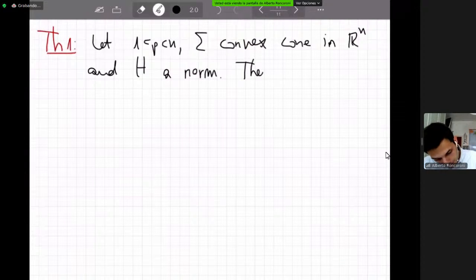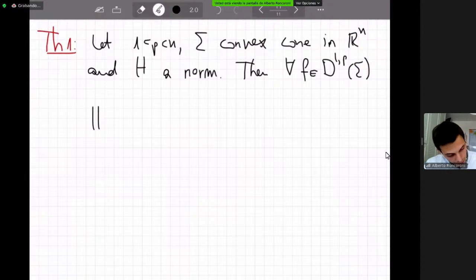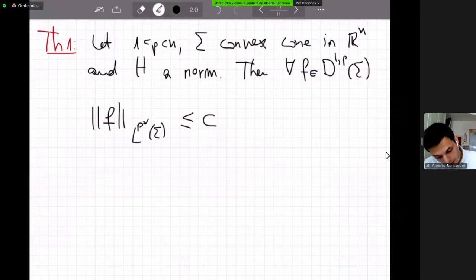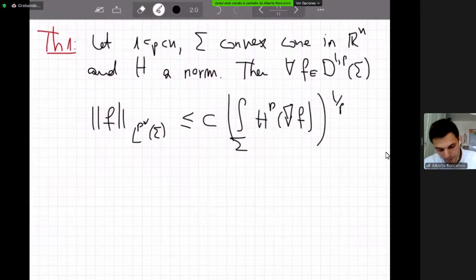Then for any f with finite energy, the following also holds. We have the Sobolev inequality: the norm of f in L^{p*}(Σ) is less than a constant times the h-dual norm to the power p of the gradient of f, to the power 1 minus p. Okay, this is the Sobolev inequality, which was already known, but what we are able to prove is that, moreover,